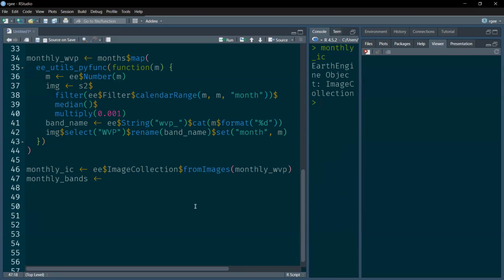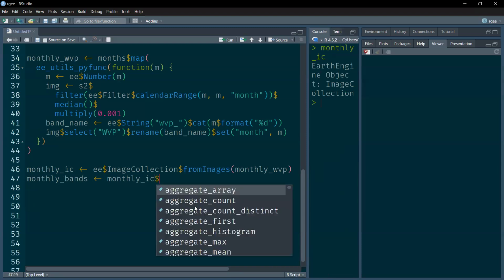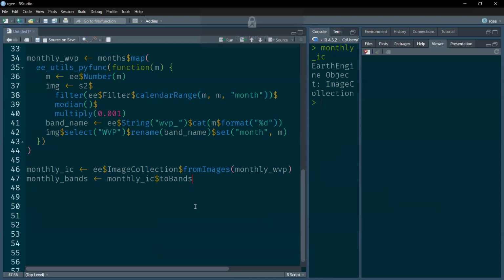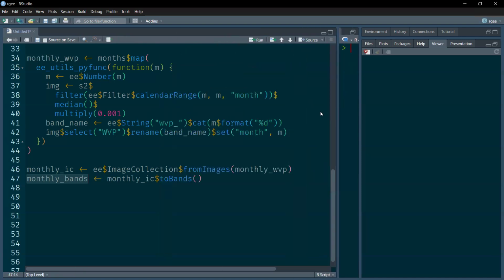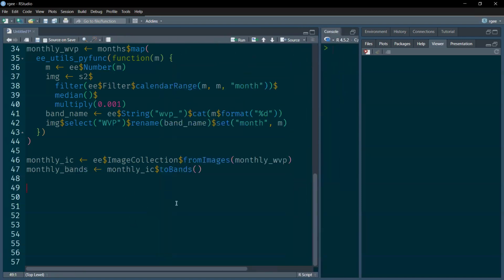So the best way is to convert it into bands. For that we just say monthly image collection. Very simple, monthly image collection, and then toBands. So that already converts our image collection into an image of bands. Control Enter, you find that it's now an image, not an image collection, just by using the toBands function. After that, we now have our image as bands. So what can we do? We can easily